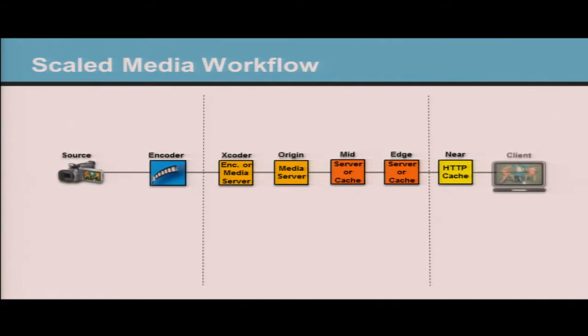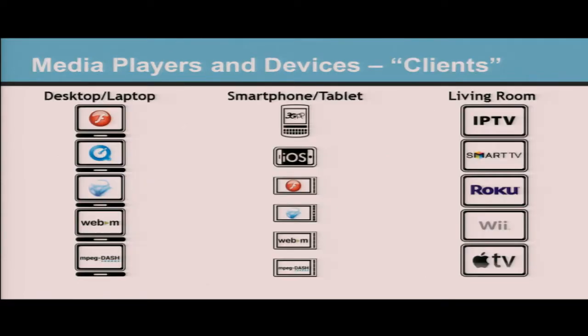You may also add a specific encoder or media server to do your transcoding as it comes out of the encoder, to break a single high definition stream up into a bunch of lower streams and possibly in different formats. So as you start adding these layers to the delivery chain, it can become more challenging to run it all yourself. And then if you look today at the number of browsers and devices and playback,